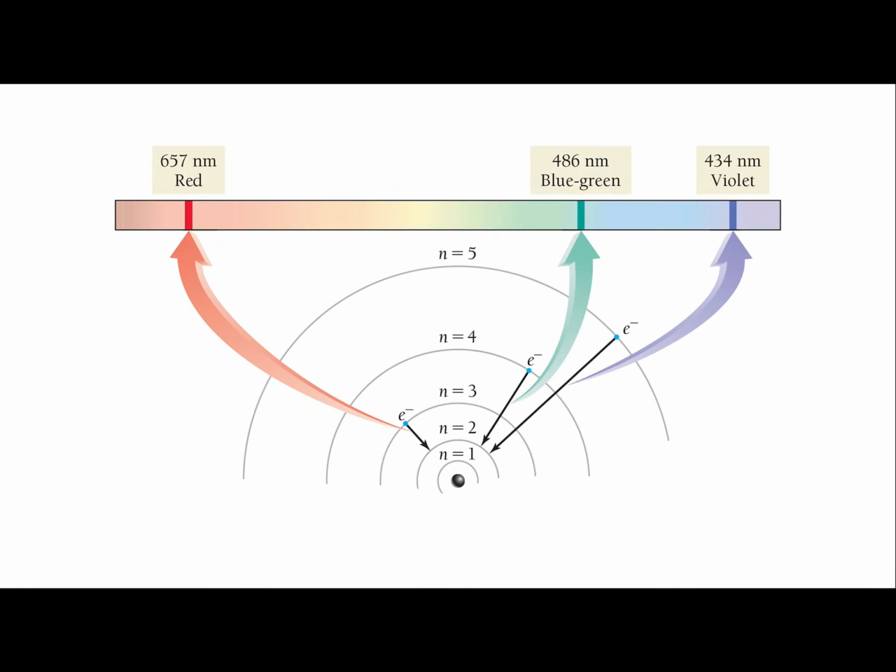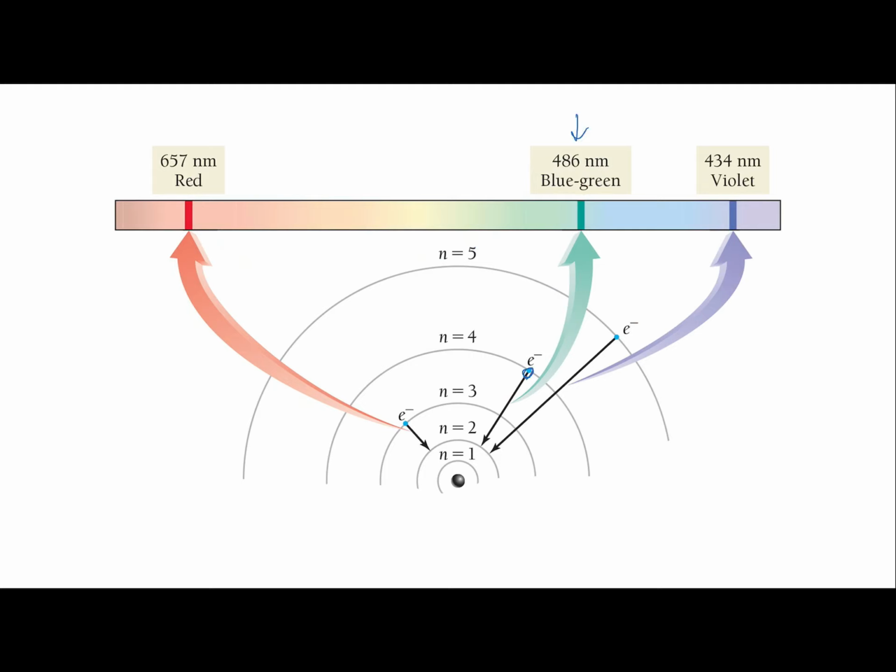Okay, so it turns out that when the hydrogen atom absorbs energy, an electron is excited to a higher state, and when it relaxes, it emits that photon back out. Since the amount of energy in a photon is directly related to its wavelength, the photon has a specific wavelength. The light emitted by excited atoms consists of specific lines at specific wavelengths, and each corresponds to a specific transition between two orbits. For example, the line at 486 nanometers corresponds to the electron relaxing from the n equals 4 to the